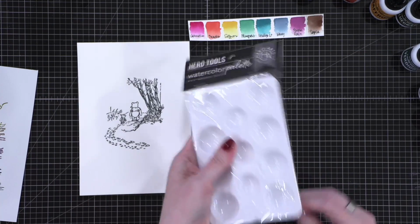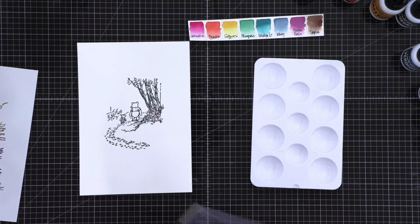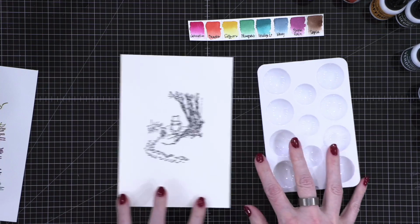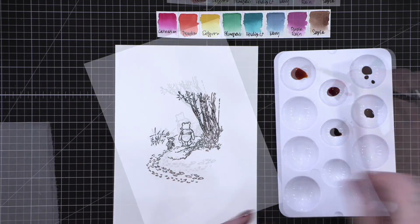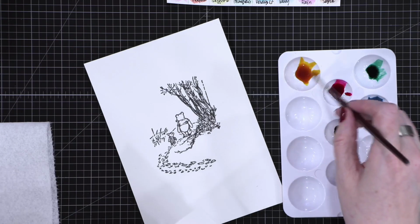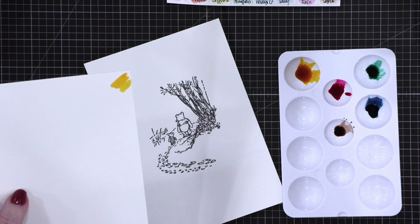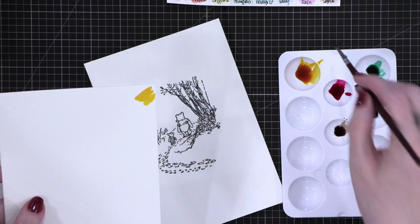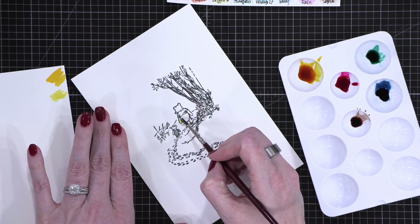I'm going to use this little watercolor palette from Hero Arts. It's really great for watercolors like this. I think I'll do a size 2 Escoda, and that was the yellow. Okay. Well, let's just start with a little bit of that yellow. It's pretty intense right off the bat. Okay. So I'm just going to come in and